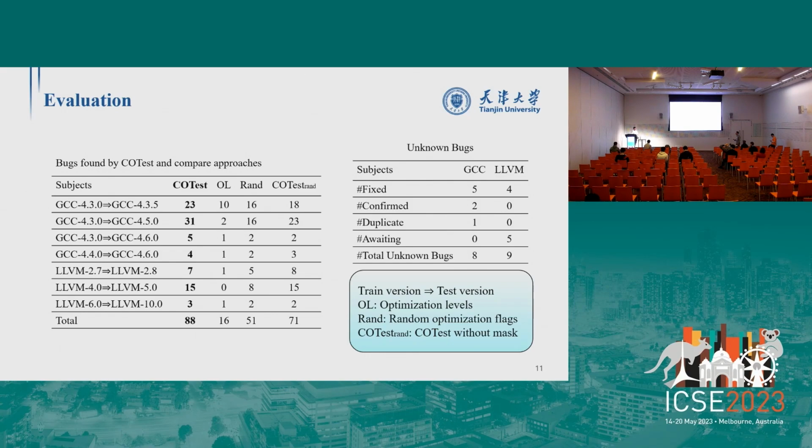First, for the optimizations that have not appeared in the historical version, we use a random value for this optimization. And so for the new optimization, we can also find some bugs. And for the optimization in the historical version, we will use the learned experience. Okay. Cool.